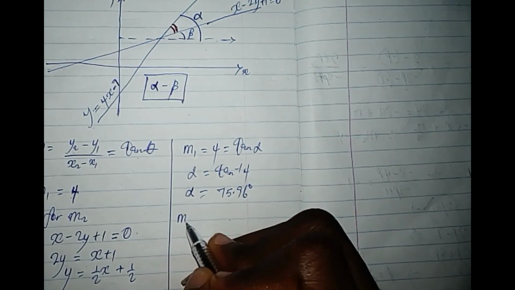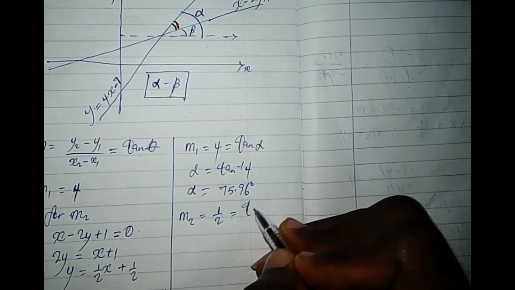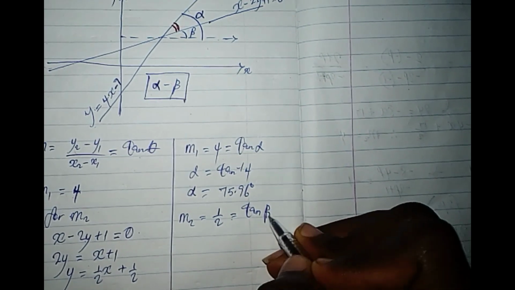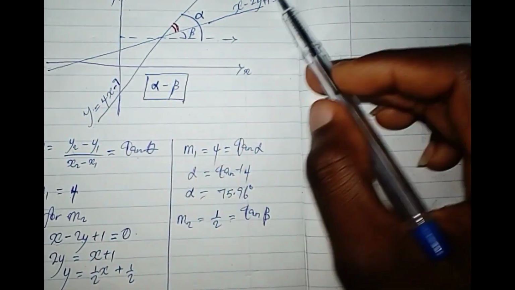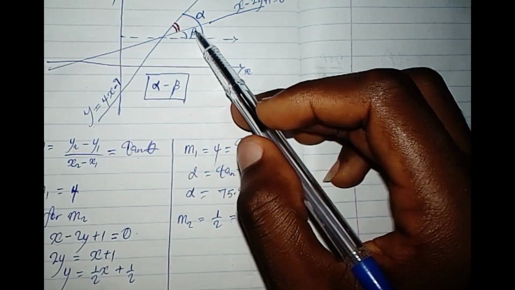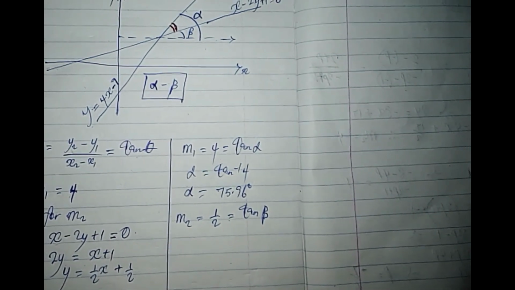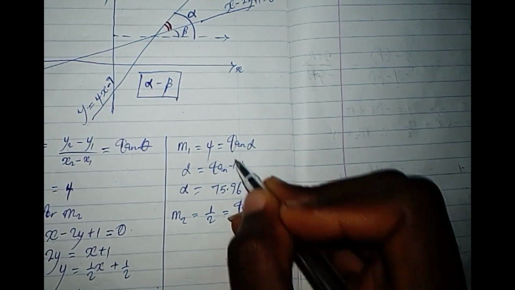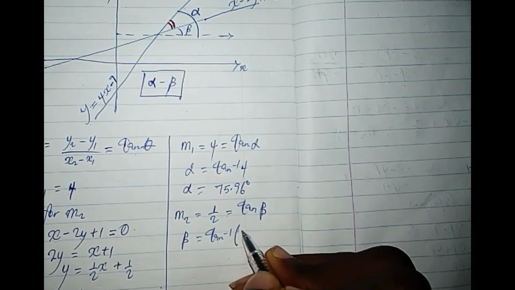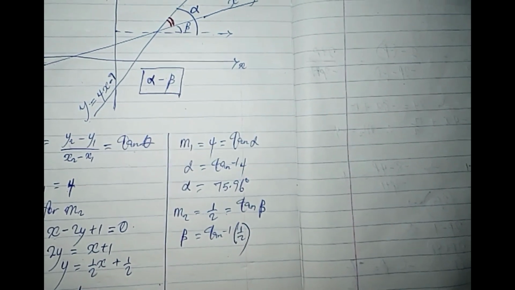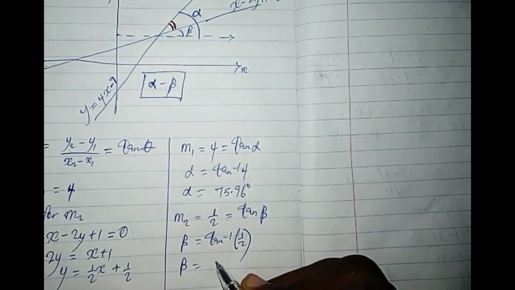For our beta, which is m2, equal to 1 over 2, this is as well equal to tan beta, because the second line, which is x minus 2y plus 1, makes an angle beta with the x-axis. So we use tan beta. Applying the same thing we did here, beta is equal to the tan inverse of 1 over 2, where 1 over 2 we know is half, 0.5. So from calculator, we have that beta is approximately